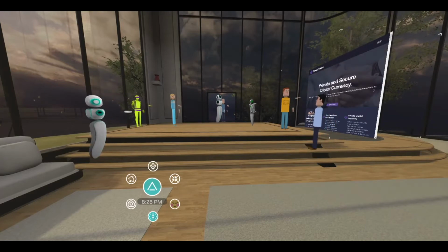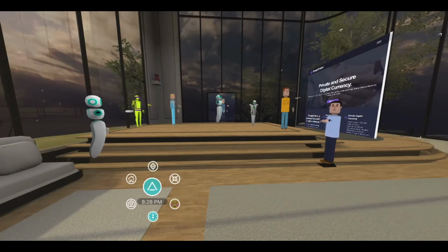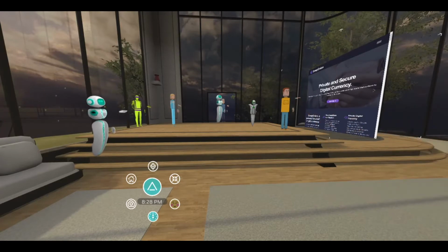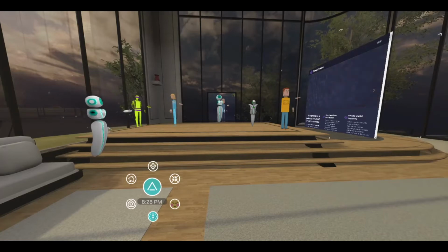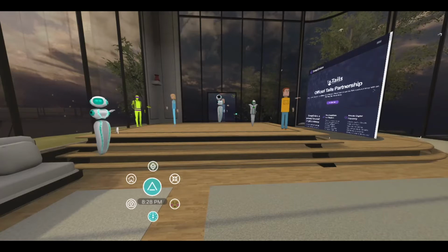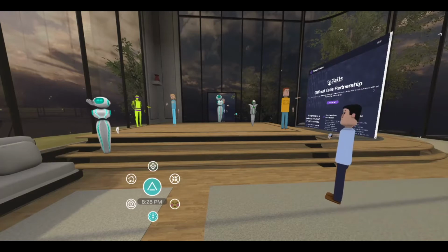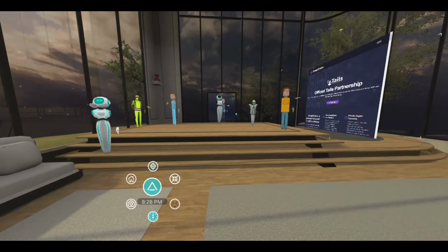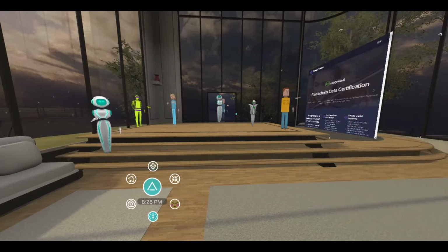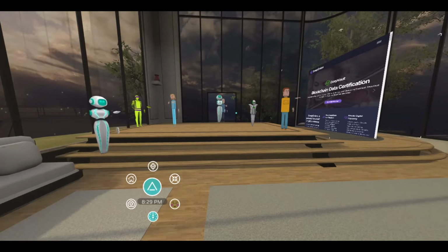Did anyone talk about Waves? I know Waves is another platform. Do you know anything about it? I've heard of it, but I haven't done any research into it. I know it's in the top 20. Waves just released smart contract capability this week.